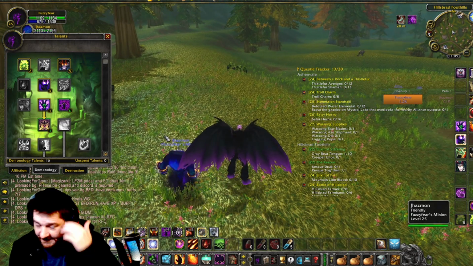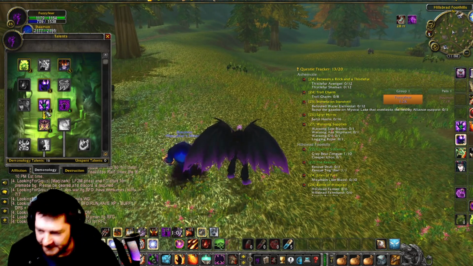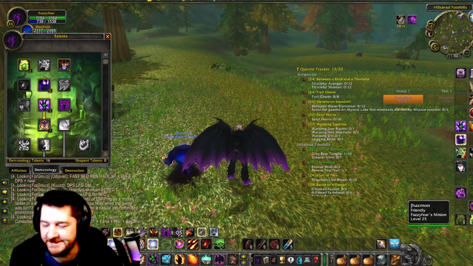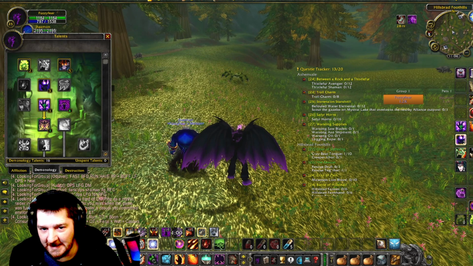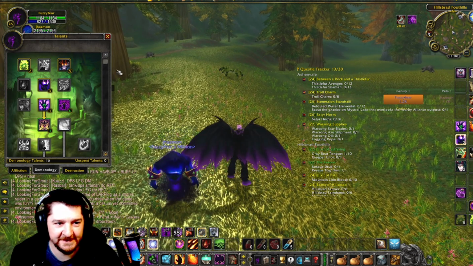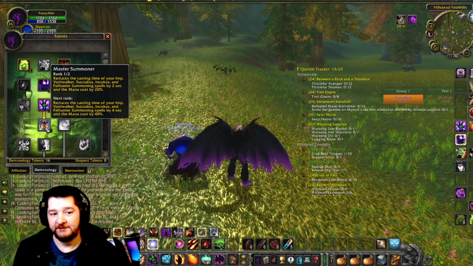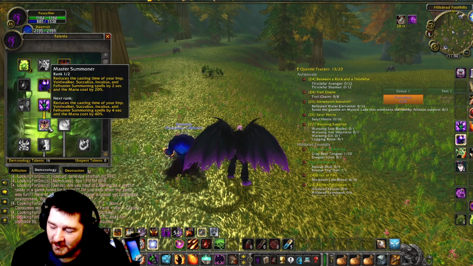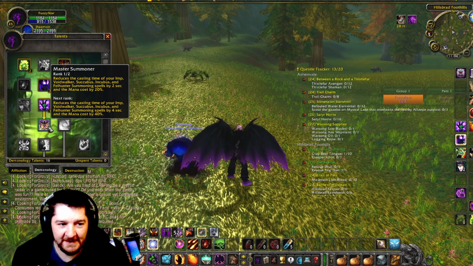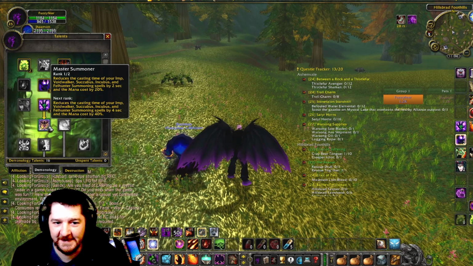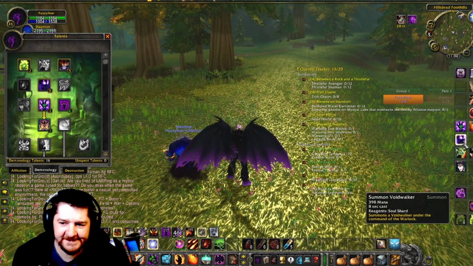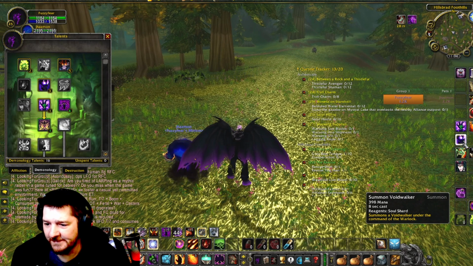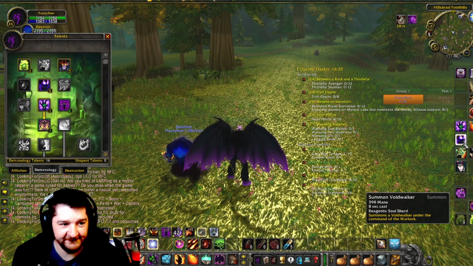But here's the big one, the two big ones for Demonology spec that I can't stress enough how much I like these talents. First off, Master Summoner. At all times, I have 2 seconds reduced cast time on my Voidwalker or any of my pets. So 8-second cast on summoning the Voidwalker instead of 10.